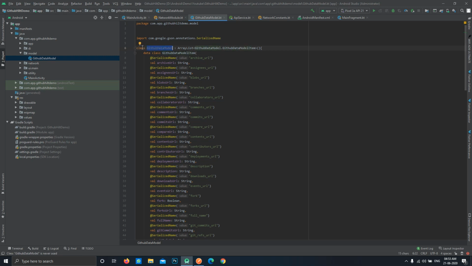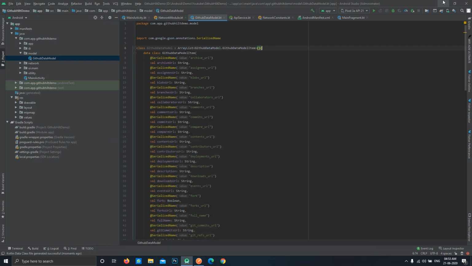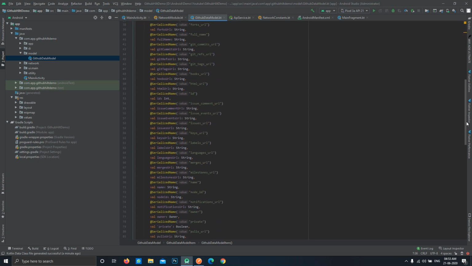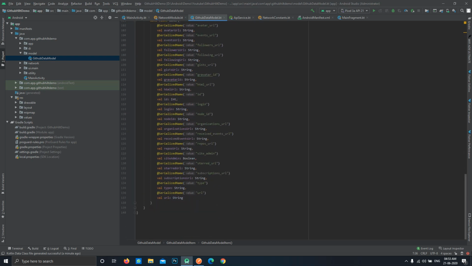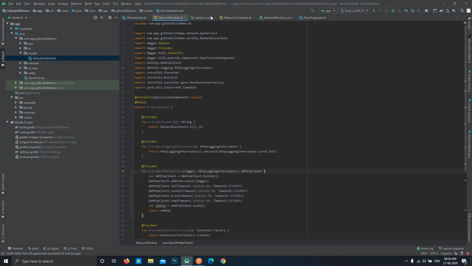The parent class is itself not a data class, because it is of type array list, since our data is starting with an array, not an object. So it is an array list, and the type is this GitHub data model item. Now it has all the data and all the fields specified for us that we can simply use. And so we have created our model class over here.